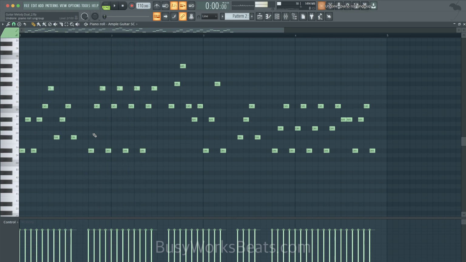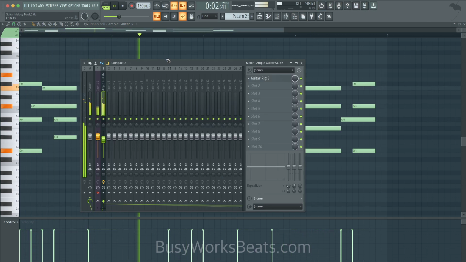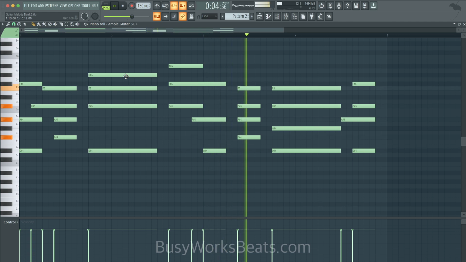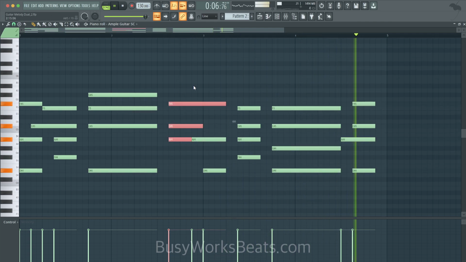So let's go back. Don't be afraid to shift your key. Here, just hit Shift up or down. I like this key. Let's see what happens if I pull this A sharp down to B flat. I like this voicing better. That A kind of took us out of it.